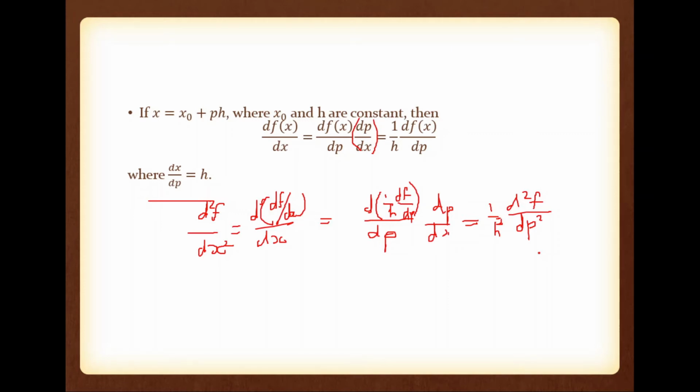Means, if you are using a particular finite interpolation method, we have a finite extrapolation formula also. First, differentiate that extrapolation formula with respect to p. Then multiply it with 1 by h, and we have df by dx. Differentiate two times, so we have d square f by dp square. Multiply it with 1 by h square, and we have d square f by dx square. So that's the procedure we are going to do.